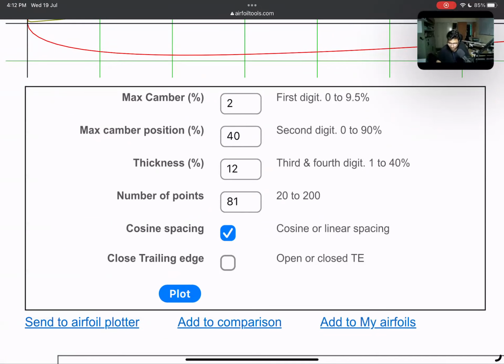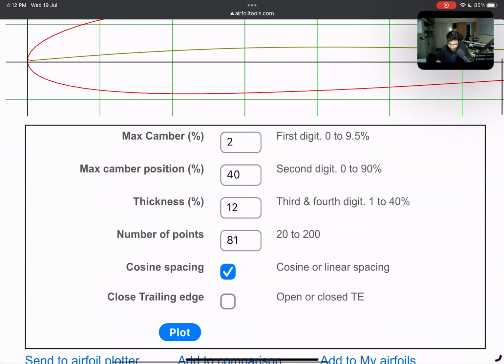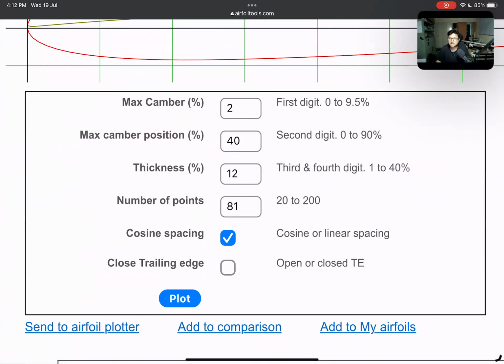It tells you the maximum camber. Then you put 4, so that's the maximum camber position, and I told you it was in tenths of the chord. So it's 40% of the chord length. At 40% of the chord length, you are going to get maximum camber, and the maximum camber is 2%